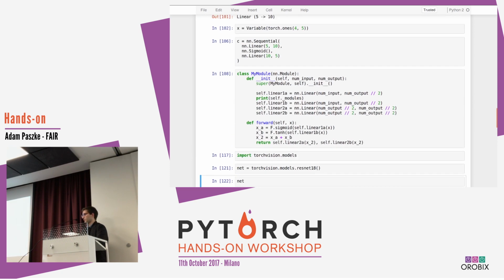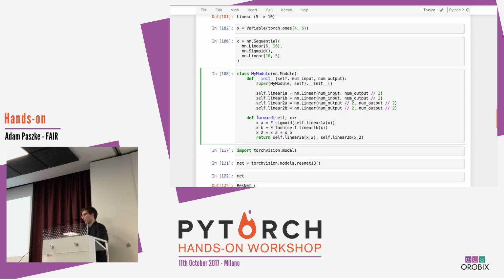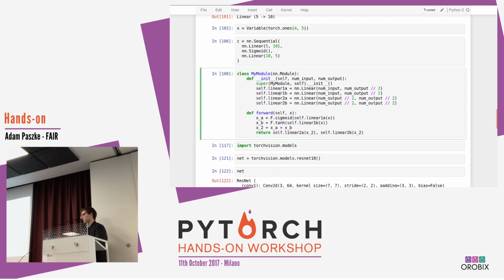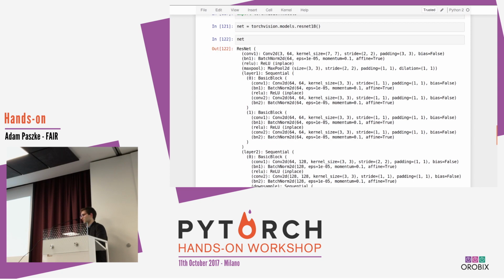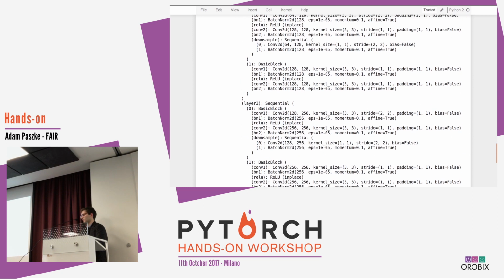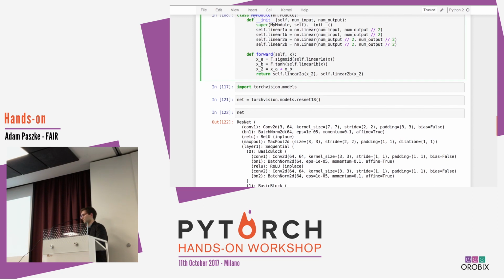As I said, in the constructor, when you assign modules to attributes, they are getting registered by NN. If you assign a module directly, it's getting registered as a submodule like in here. In the ResNet constructor, someone just did self.conv1 equals nn.Conv2d with all these parameters, then self.bn1 equals batch norm,